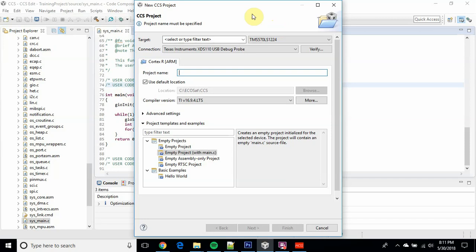So setting up the CCS project is a little more complicated than it may seem, largely because of the path issues. This is where I do highly advise you to be very careful with what you're typing, because paths are going to be a huge pain. So what we're going to start with is